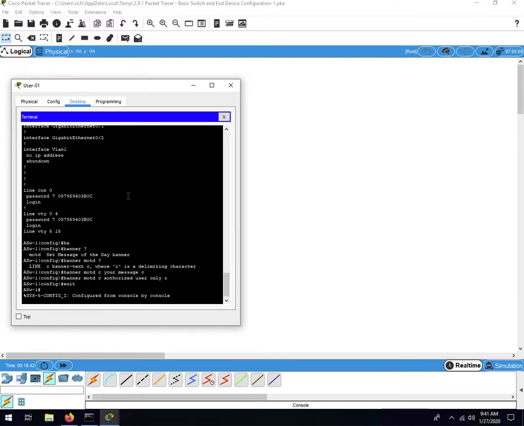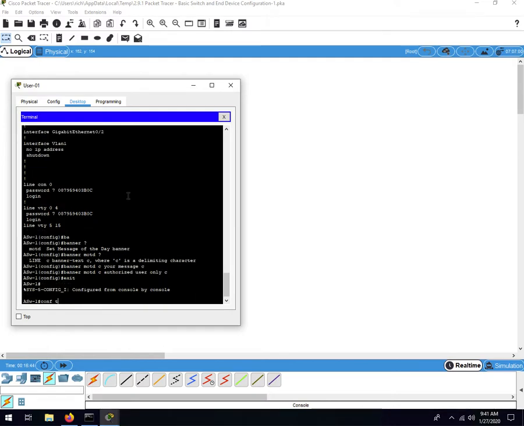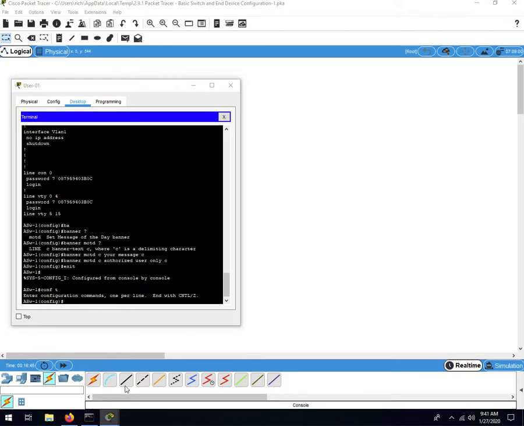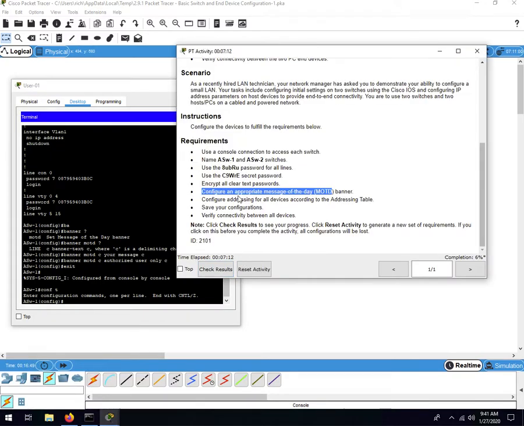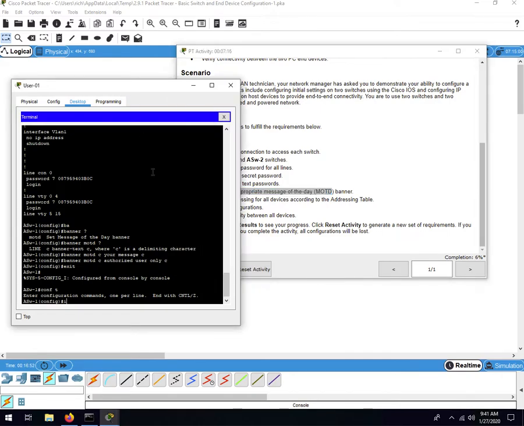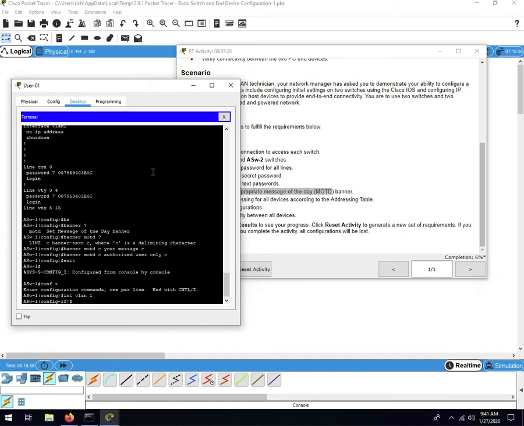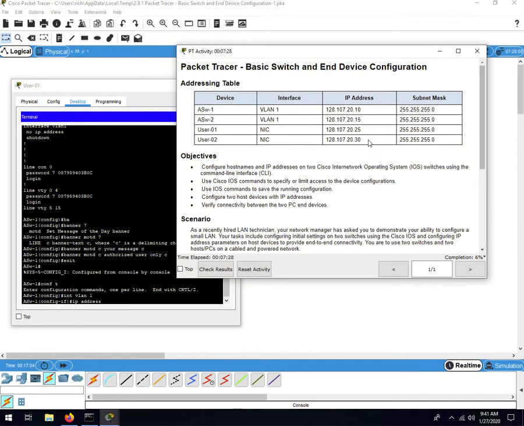I still have things to configure. All right, let's go back and get the instructions. Configure addressing for all devices. Like I said, we're going to do one side. As you hopefully remember, for addressing on a switch, we usually give VLAN 1 an address to make that happen. And we need to use this address,